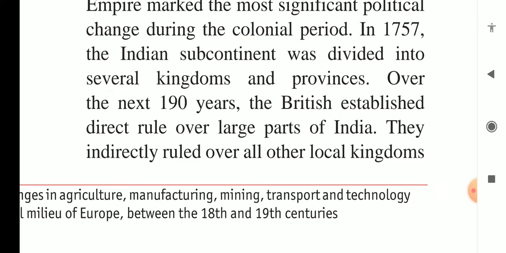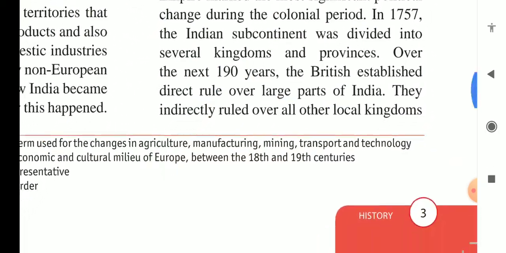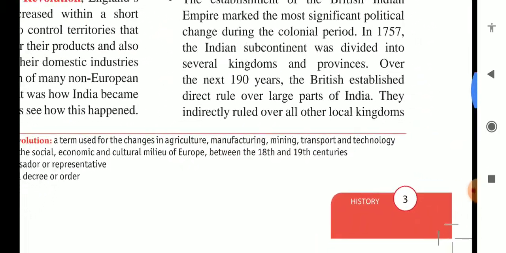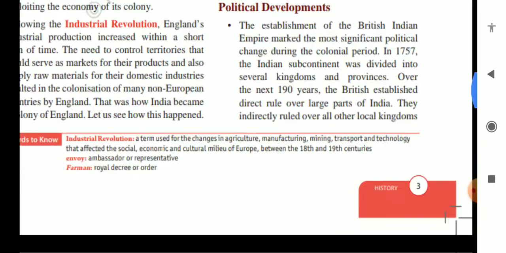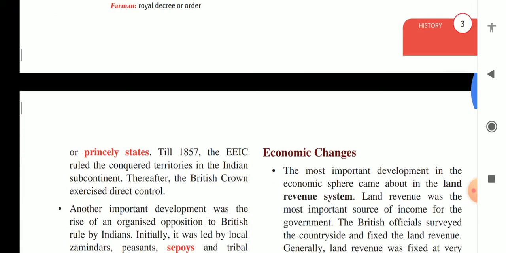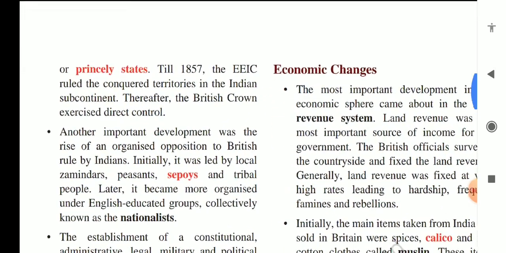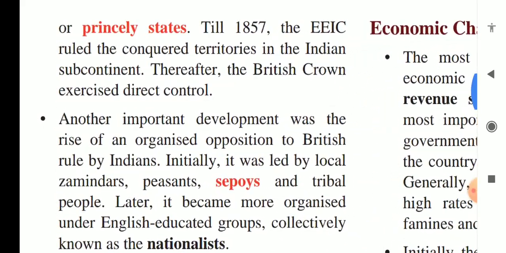They indirectly ruled over all other local kingdoms, right? Indirectly ruling means they were not exactly ruling those parts, but in whichever parts they were not ruling, those kings did not dare to challenge Britishers, because Britishers were at that time a mighty power,